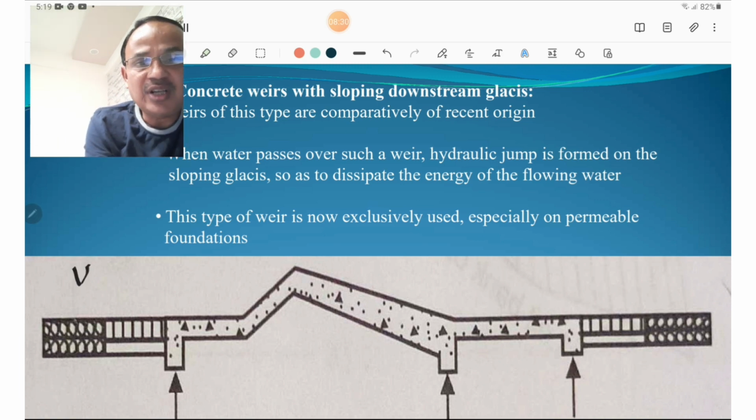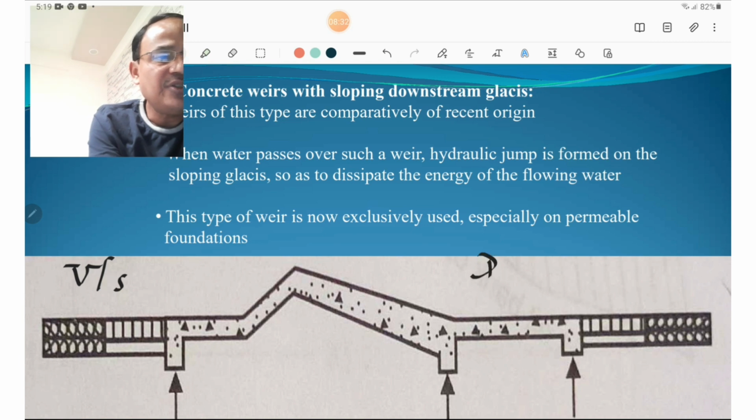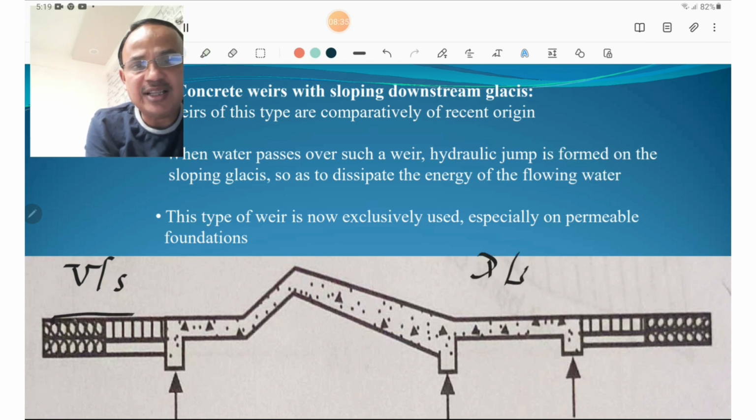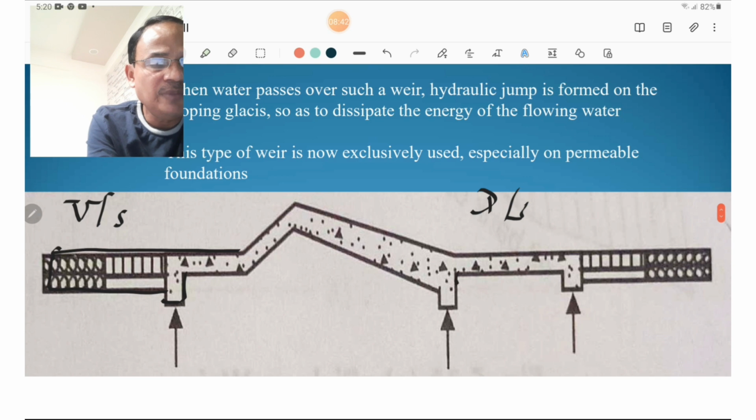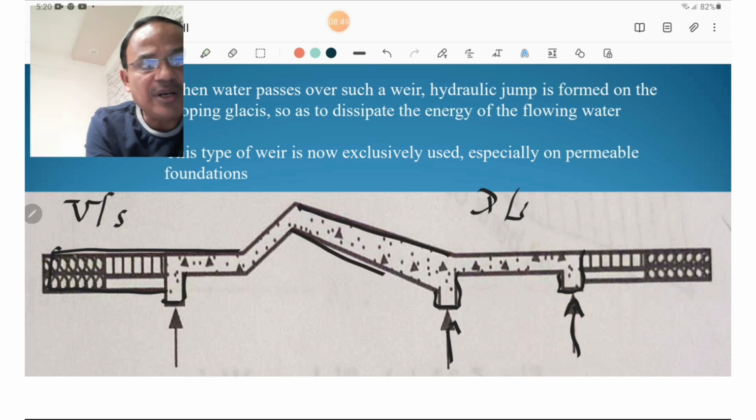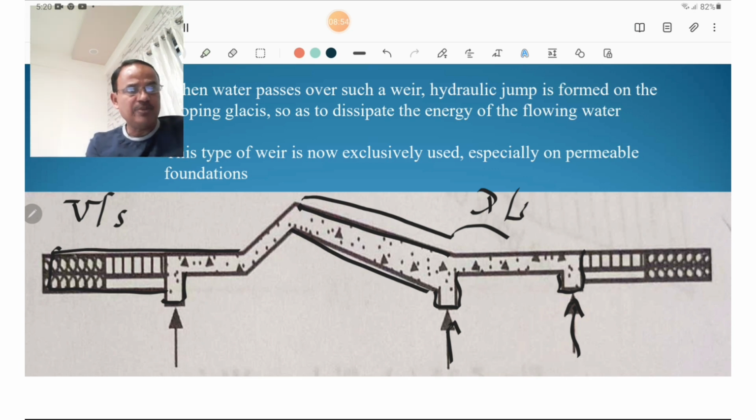So if this is the upstream side of the river and this is the downstream side of the river, these are the arrangements made on the upstream side, or these are the cutoff walls. Okay, this is the upstream cutoff wall, this is the downstream cutoff wall, made here to resist the uplift pressure also, and this is the sloping apron which is provided on the downstream side for formation of the hydraulic jump, and this is for dissipation of the energy. Such an arrangement is made for the dissipation of the energy and to avoid more damage on the downstream side.